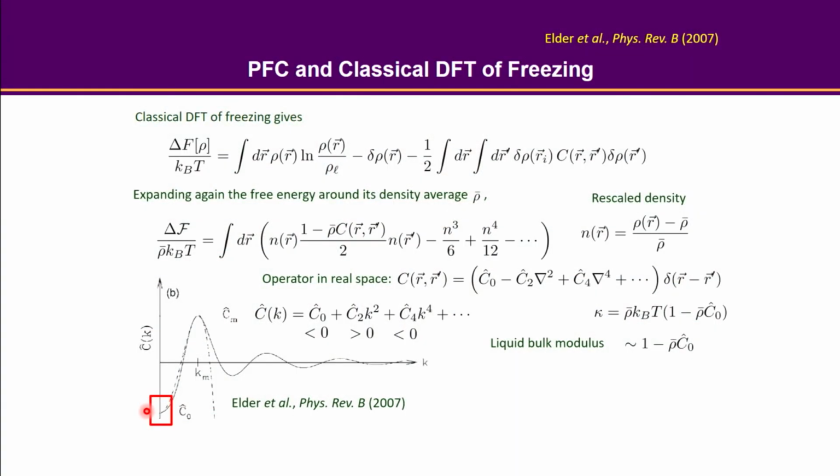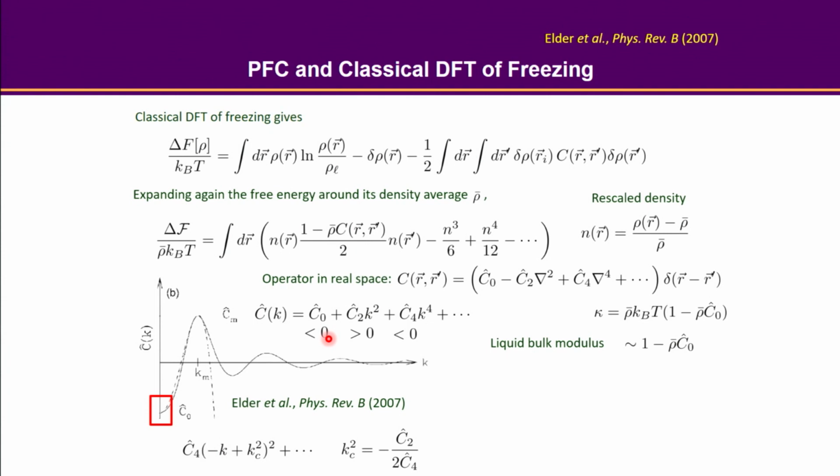All right. So the advantage of just taking the correlation function and doing the fitting is that you immediately get some physics of your model, right? For example, you know the quadratic coefficient here basically corresponds to the bulk modulus of a liquid. So now you have solid-liquid coexistence, then you know what the elastic property of your liquid would be. The other thing is that we still have two more parameters, right? So C0 is related to